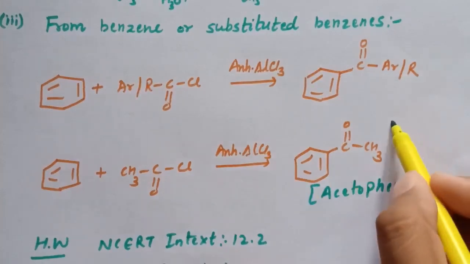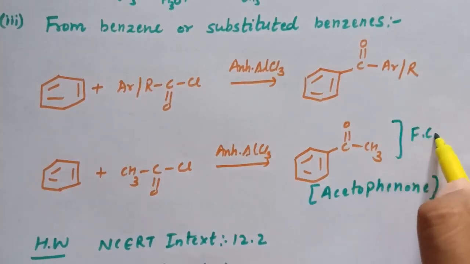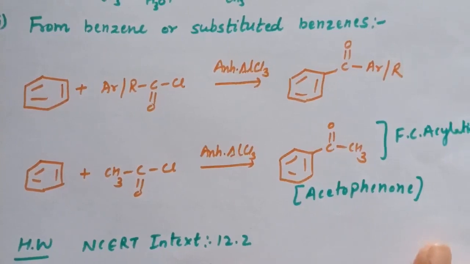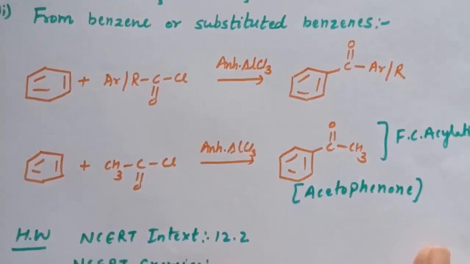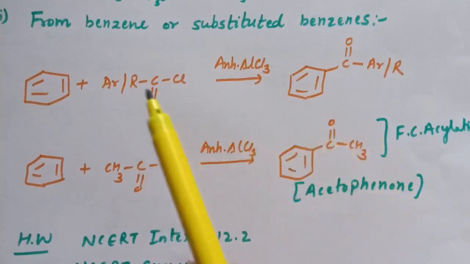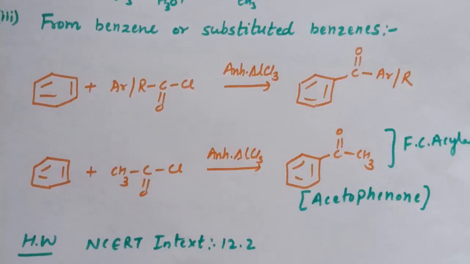And this reaction is Friedel-Crafts acylation reaction. So this is the method by which we can prepare ketones from benzene or substituted benzene. So after doing all the preparation of ketones and aldehydes, the homework for today's lecture is NCERT in text question